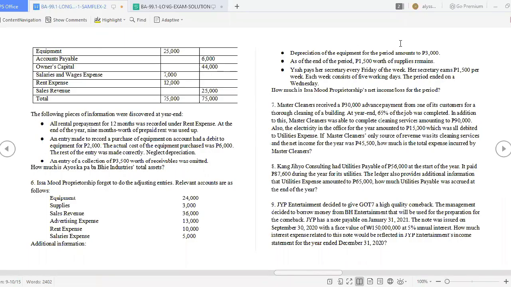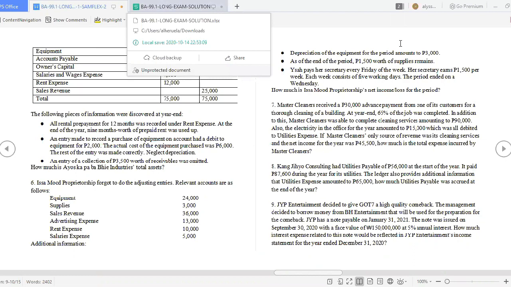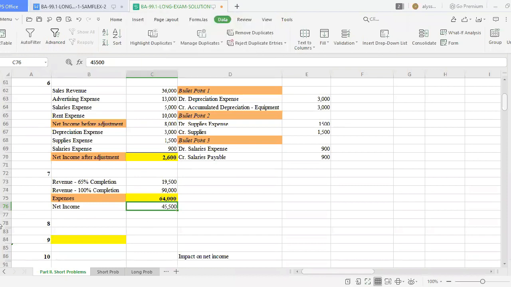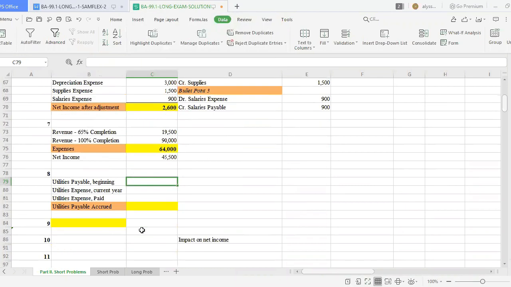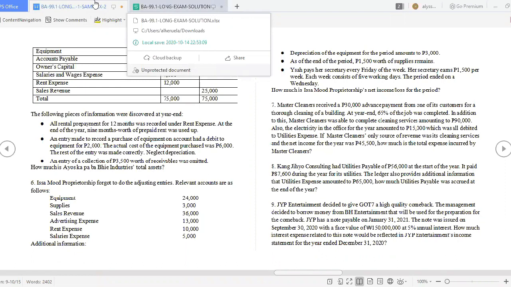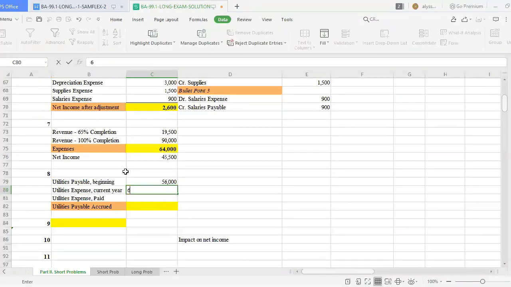So to complete number 8, let's plot first the given. At the start of the year, the utilities payable is 56,000. The utilities expense for the year, 65,000. So to get total accrued, we know that at the beginning it's 56,000. The expense the current year. So we have a total of